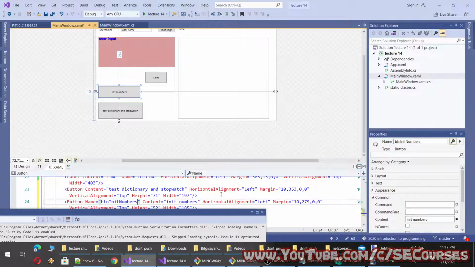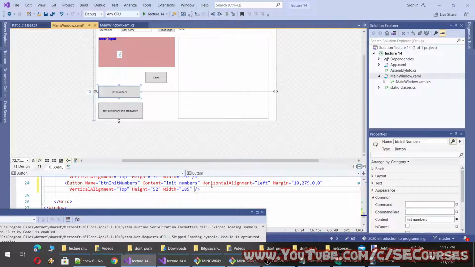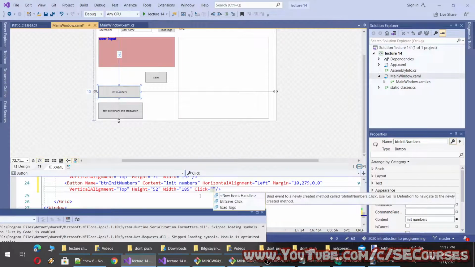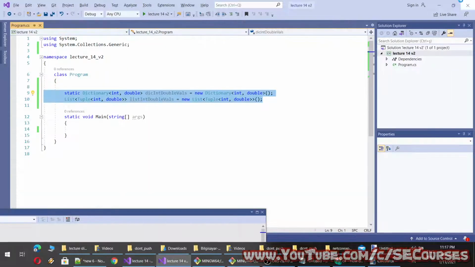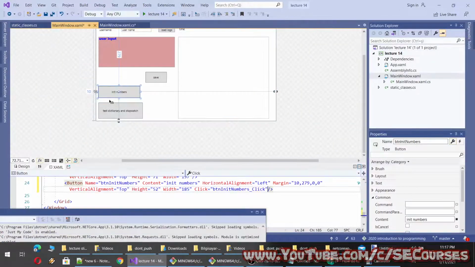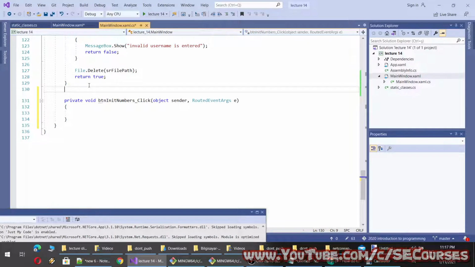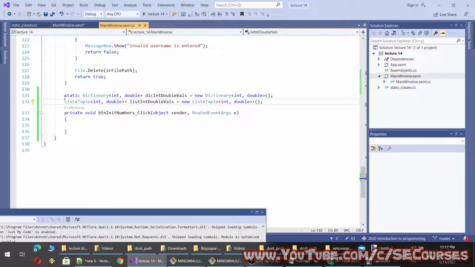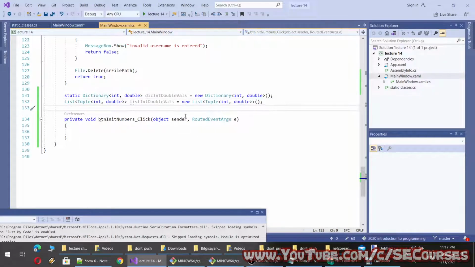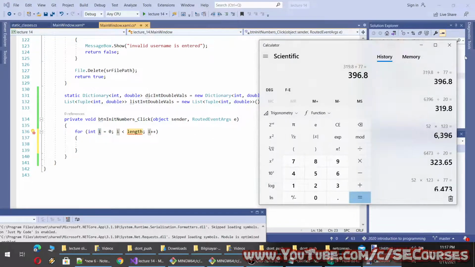Okay, let's first initialize the numbers. Okay, and let's define our variables here, double values and double values. So I will generate 1 million numbers, but I need to not bypass my memory size.